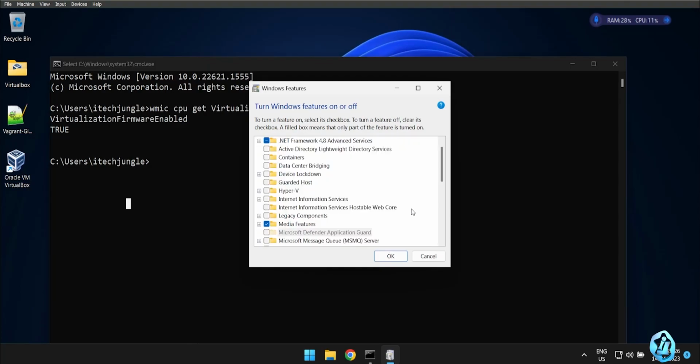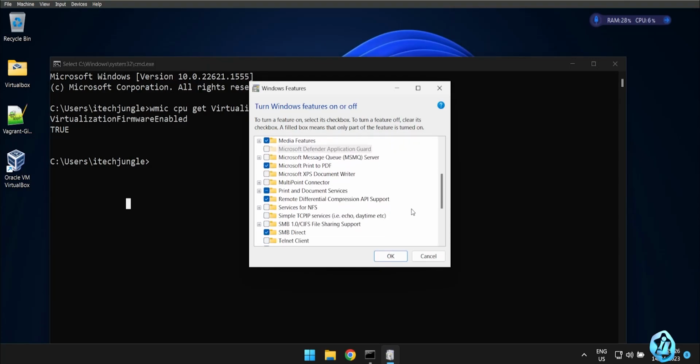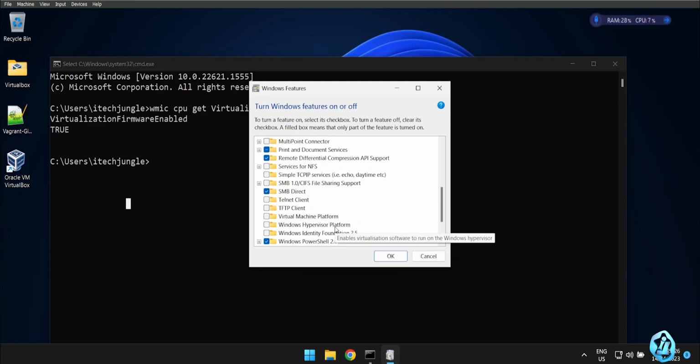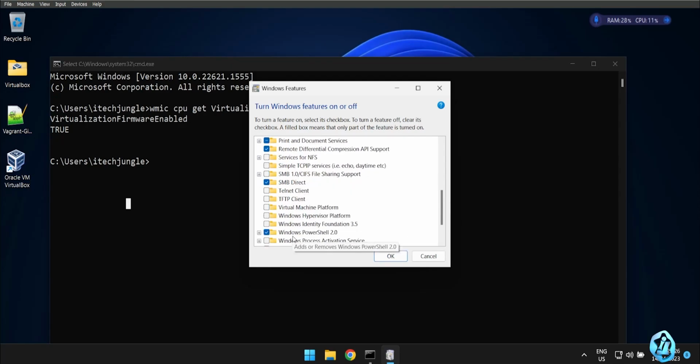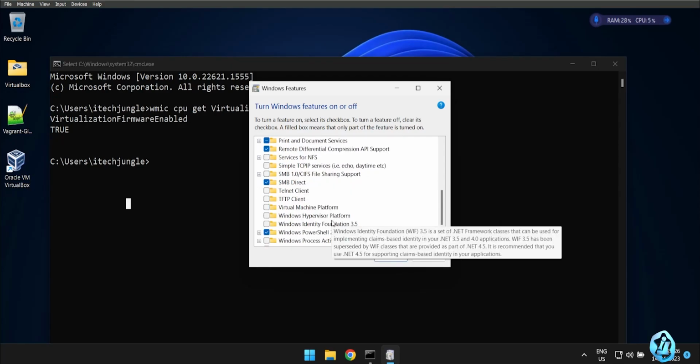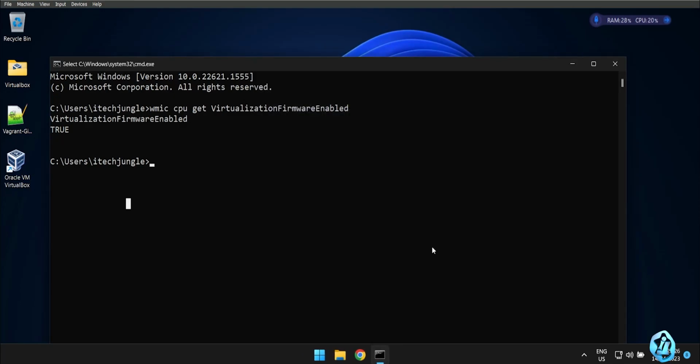And there are three things that were deactivated. Actually none. So what I did, I just activated this Hyper-V, virtual machine, and this again. And after I activated it, I restarted, and then there's a very key command